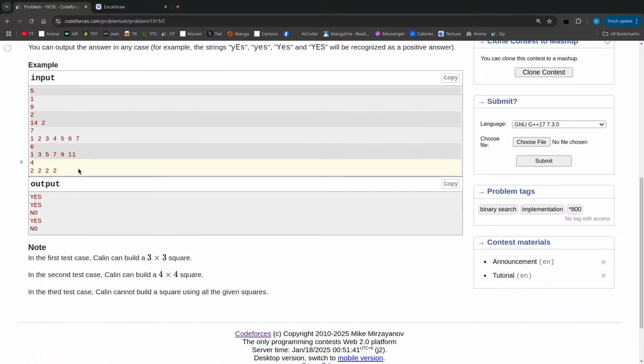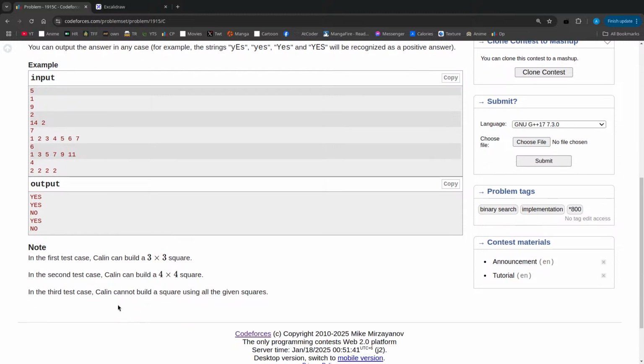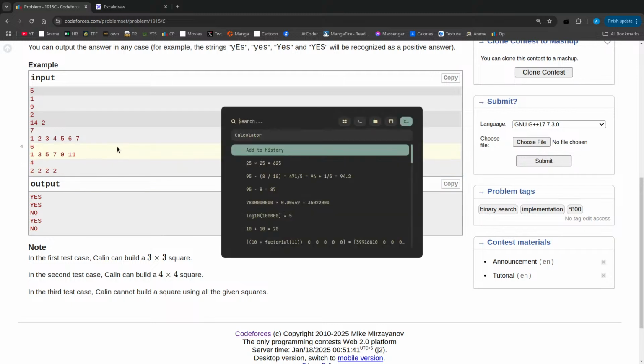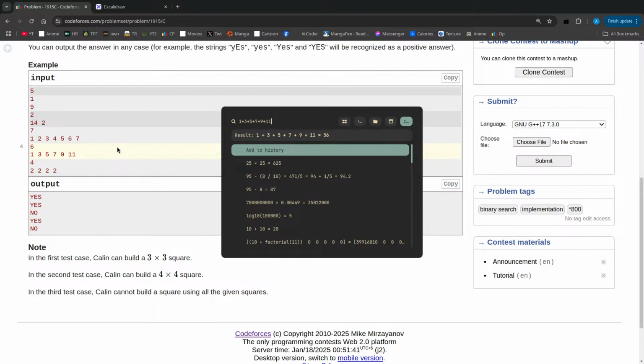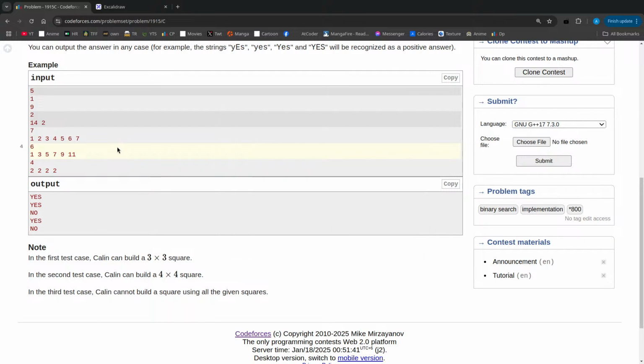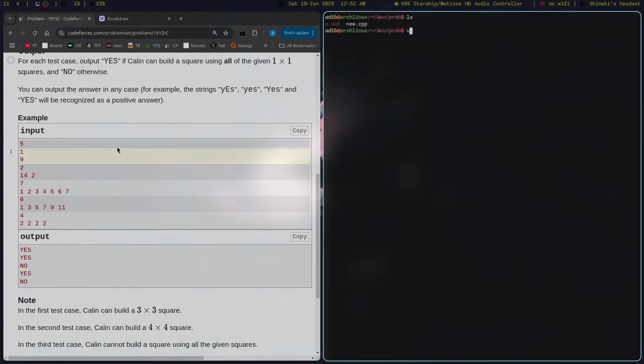So in the first case, Kalin can build a 3 times 3 square. In the second case, Kalin can build a 4 times 4 square. Yes, and in the fourth, we are gonna see 7 plus 9 plus 11, 36. So we have to take in the integers as an input. We are gonna have the sum of them. If the sum of them is a square number,